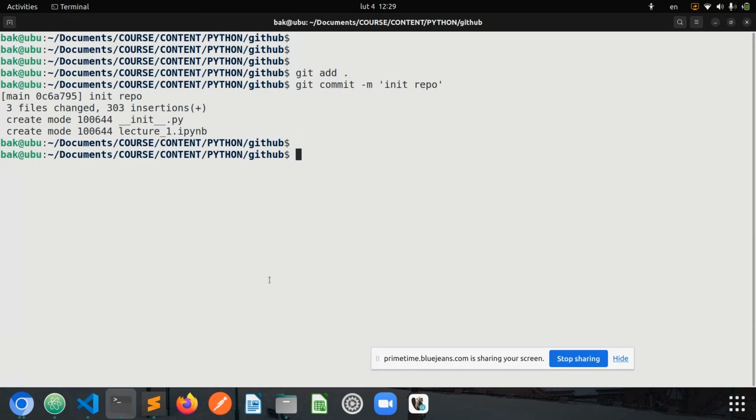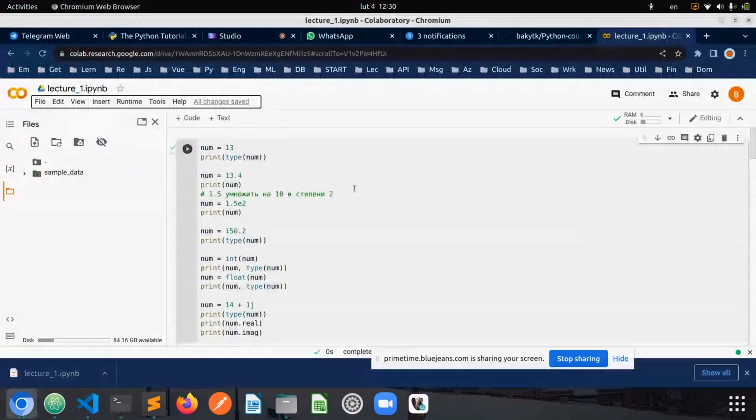So we added our changes that we wanted, and now we need to push it, yeah? So basically, there is an idea of a remote. What's a remote? A remote is a branch, is a remote